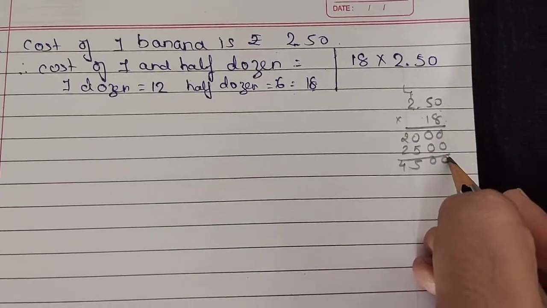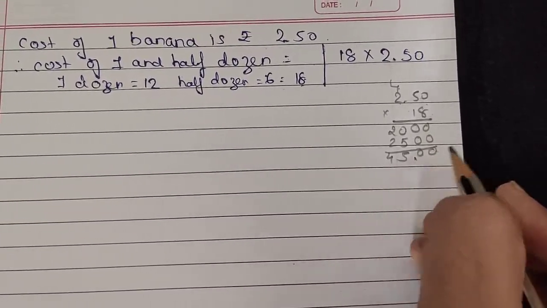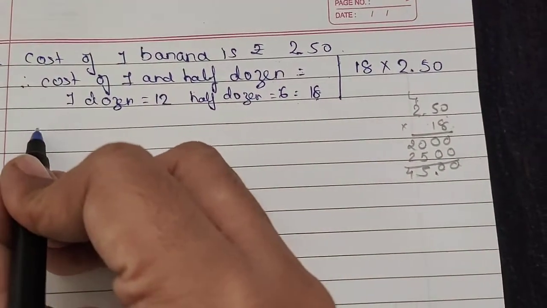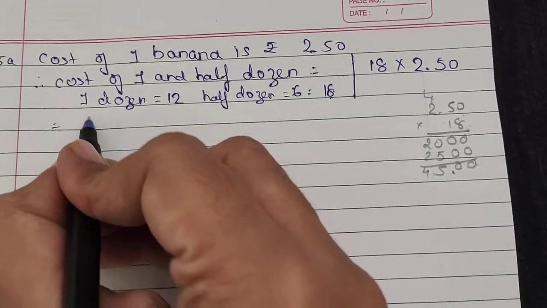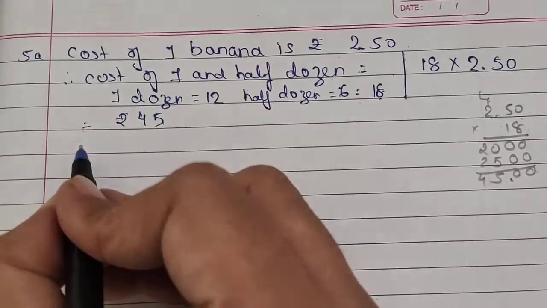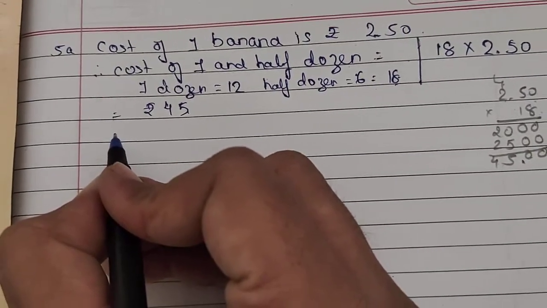From right to left we will put a point after 2 digits. 45 rupees. So the cost of 1.5 dozen bananas is rupees 45. Okay, so Kanan